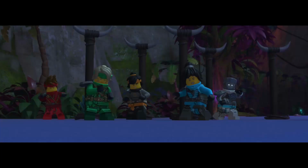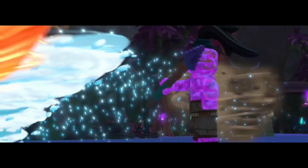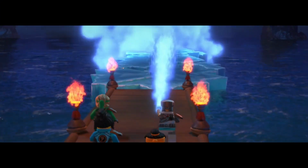But starting at the bottom of these ones, I'll just say they're the island suits from LEGO Ninjago. These suits have got to be some of my favorite ones from Ninjago as a whole, and that is saying a ton, because we have so many different variations of the Ninjago suits, the ninja ones in particular, and you just get so many different variations that have all looked really great throughout the years. But these ones, I don't know what it is. I'm going to try to describe it as best as I can,